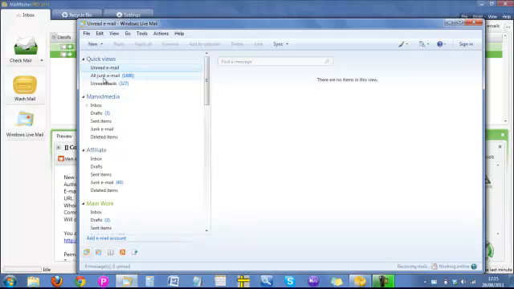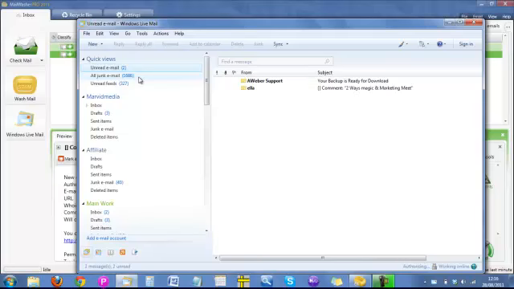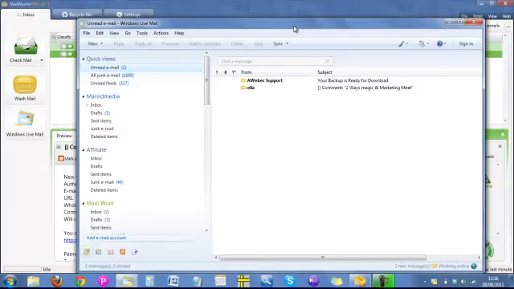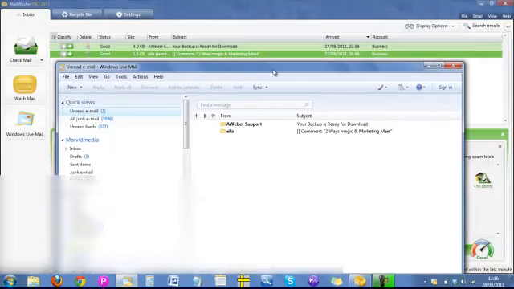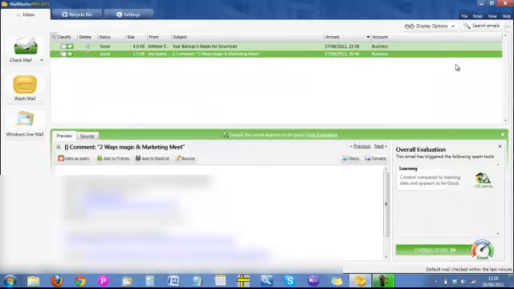Just want to point out, I'm in junk mail, 1686 messages. And you know, the only 2 that got downloaded were the 2 that I asked it to. And that's it. Then what I do is close that. Of course, if I wanted to deal with these, here's another one. If I wanted to deal with these,